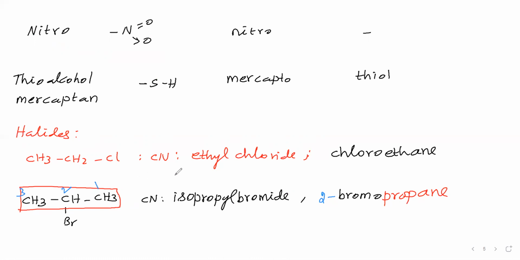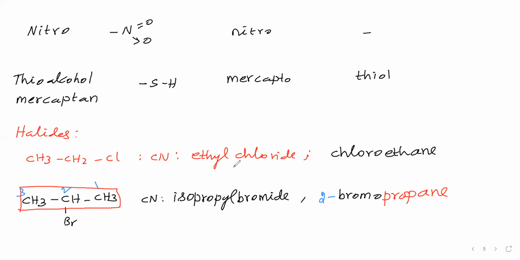In the rest of the cases, suppose you are saying isobutyl bromide, isopentyl bromide, in these cases halogen is attached to primary carbon and the second carbon is having two methyl groups. This common name is giving this much confusion. Therefore IUPAC introduced nomenclature, general rules. As per general rules, we have to say the name.